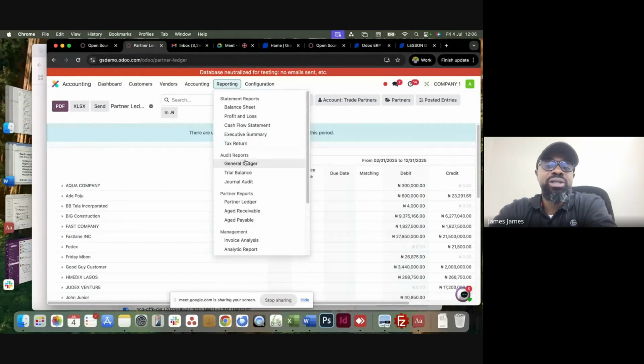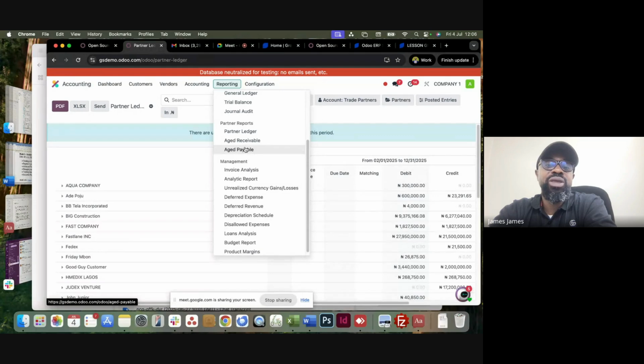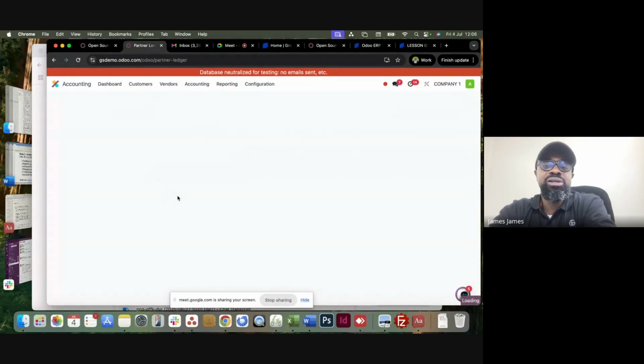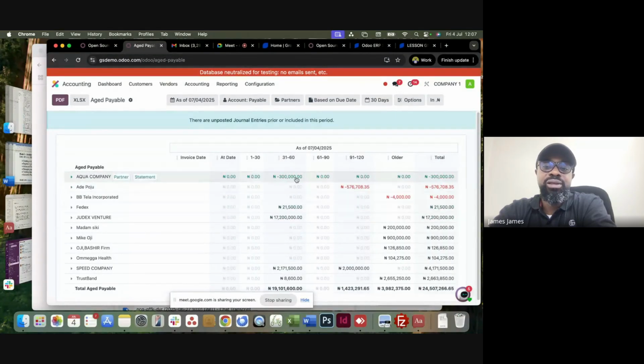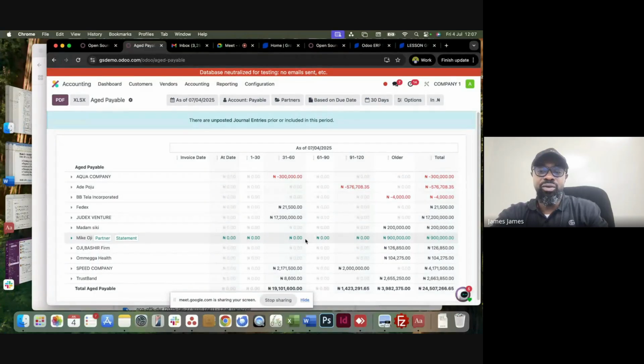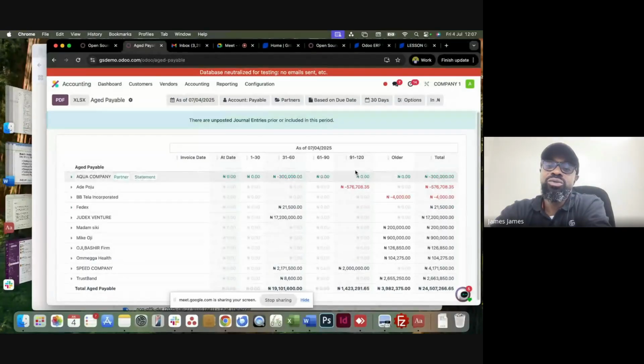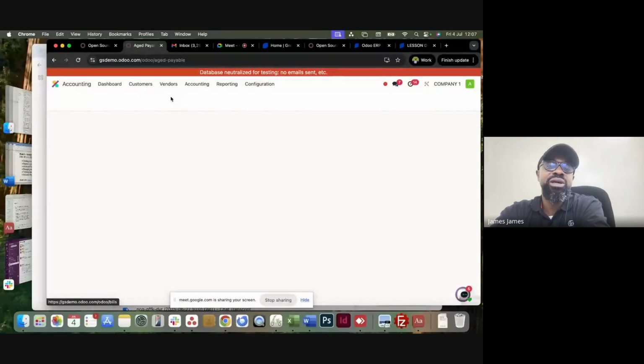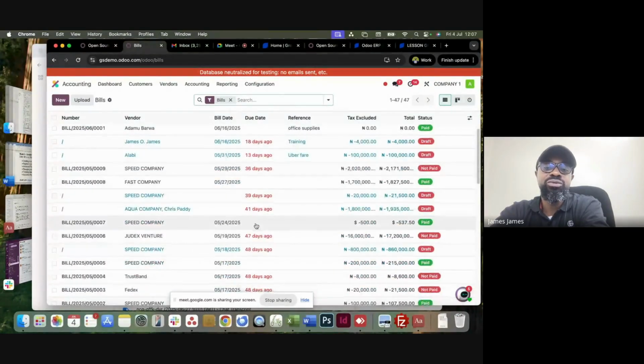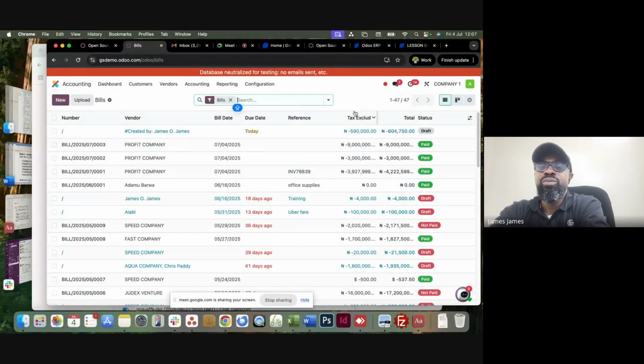So for the other reports that have to do with payables, you could see aged payables. With the aged payables, you can see those you're owing, vendors that you're owing, and for how long. So we are owing this guy 90 to 120 days. It's overdue. But this is 31 to 60 days, 61 to 90 days, and you can check them right there. So that's aged payables, all right? Or if you are in doubt, you can always come here to check your overdue payments here, okay? All right, so